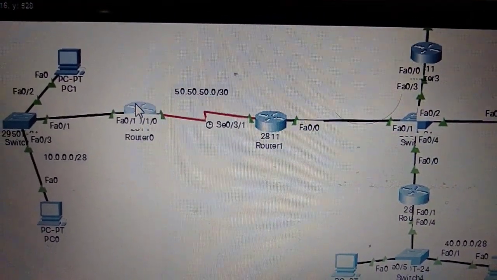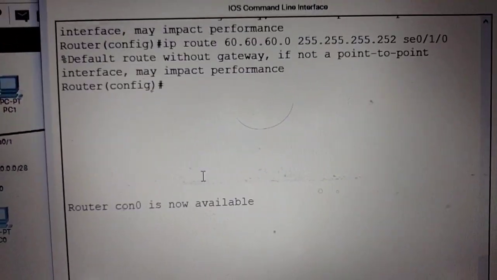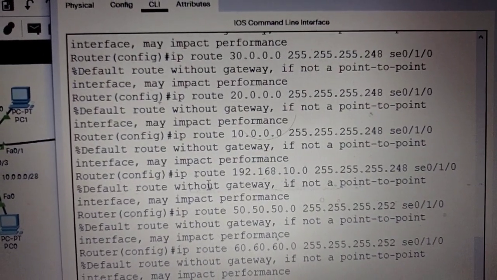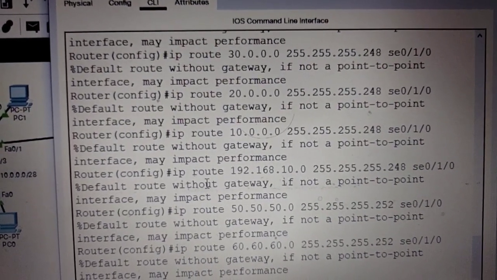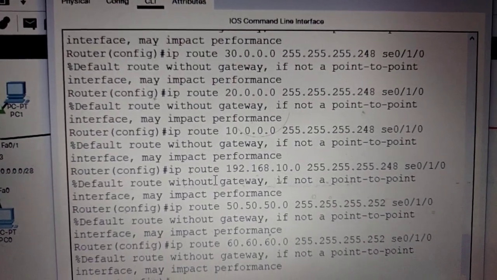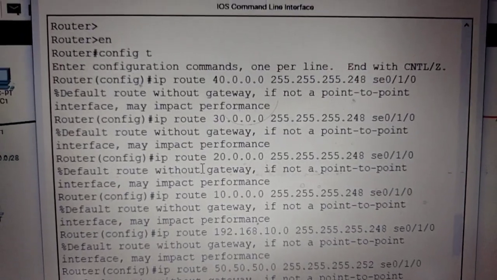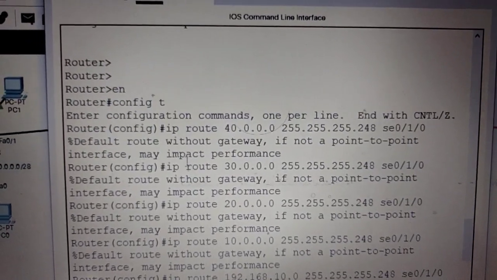For the routing part, we have already completed the configuration, everything for getting the red signals to green signals. Now we are moving to show only the routing part.